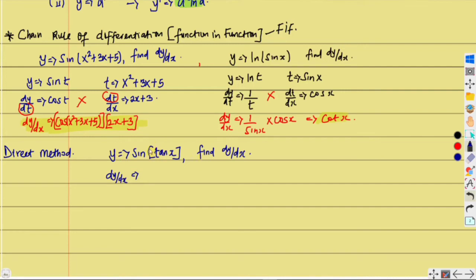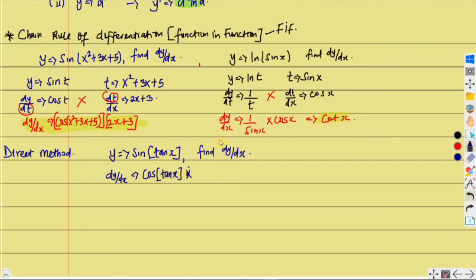What I do is take the inner function here as a function of t. We are not writing anything down, so I want you to listen carefully. Here we say t equals tan x. After making this t, I have sine t. I am going to differentiate sine t, and I will have cos t. Remember, I will not put t back in my answer. I will put it in terms of what I have here. So it will be cos t, which is cos tan x, then multiply by